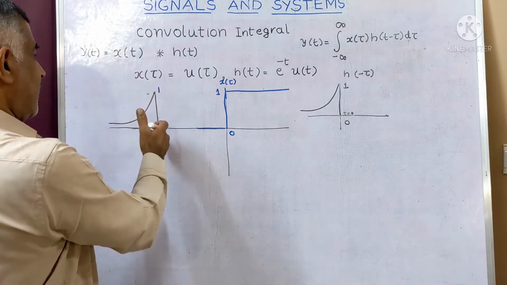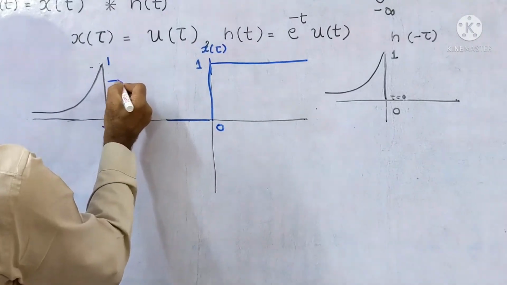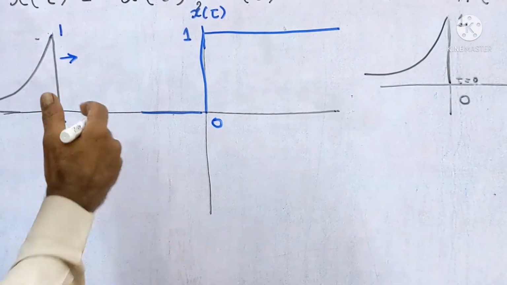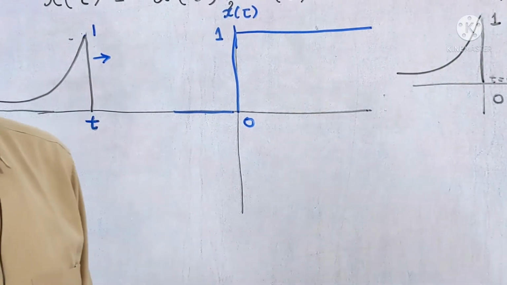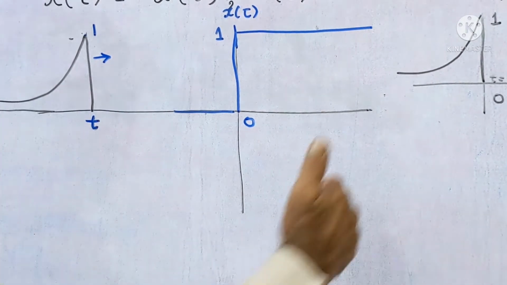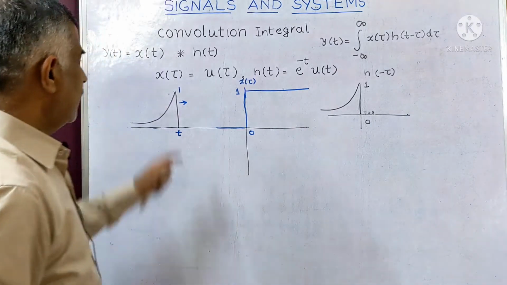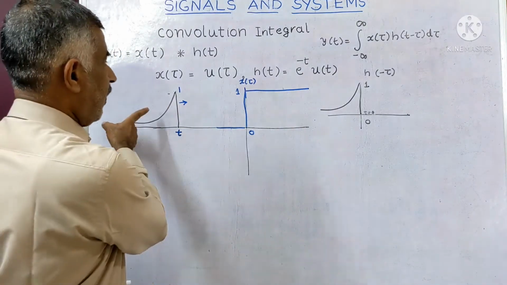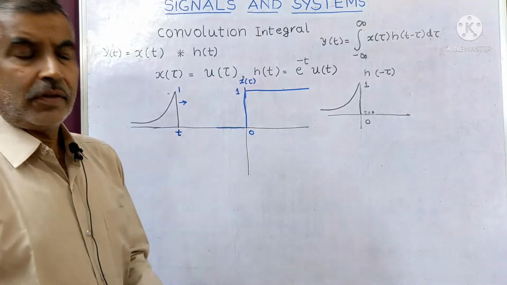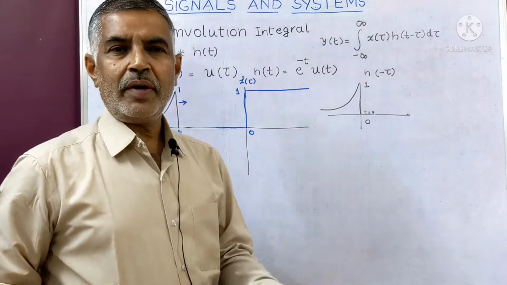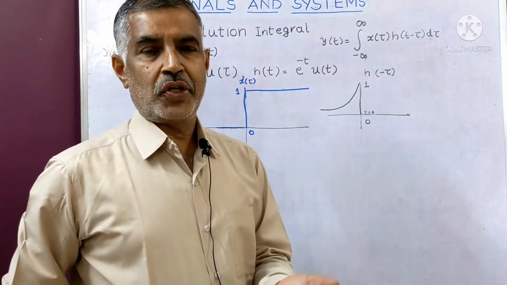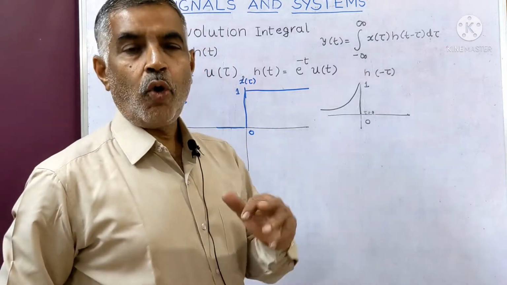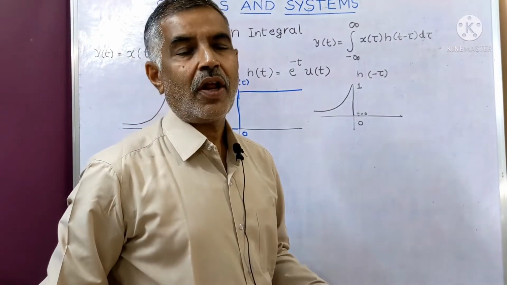Now this is the leading edge. This is also called the t edge because it is positioned at t, because you have shifted the waveform by t units to the left. Now we have to advance this, and when you solve more and more problems on convolution, you will gain knowledge of finding out how many intervals are required.